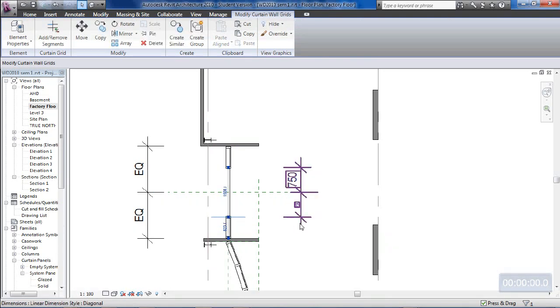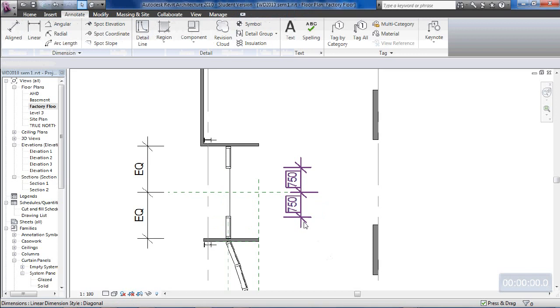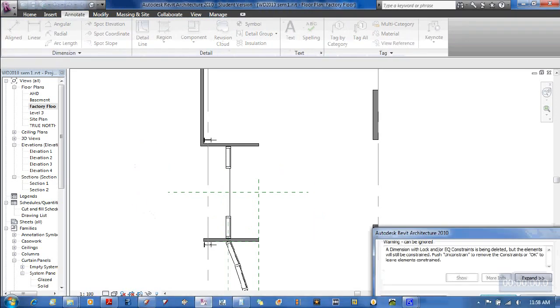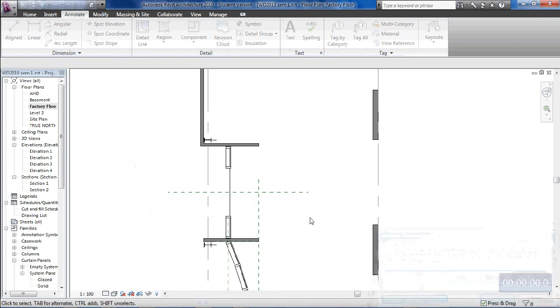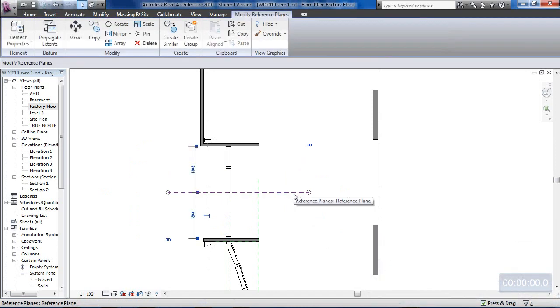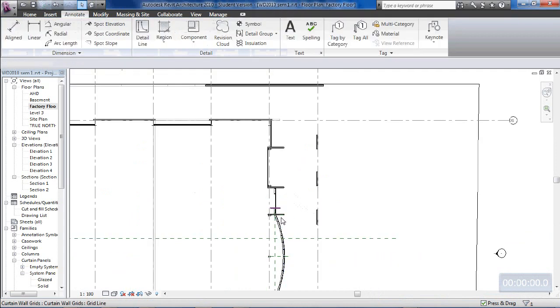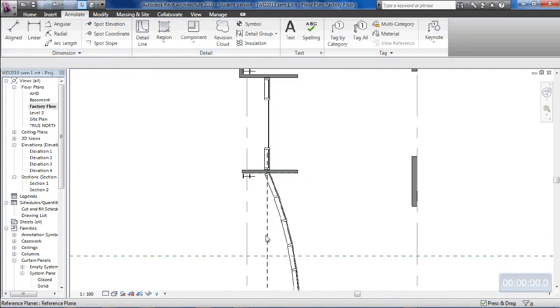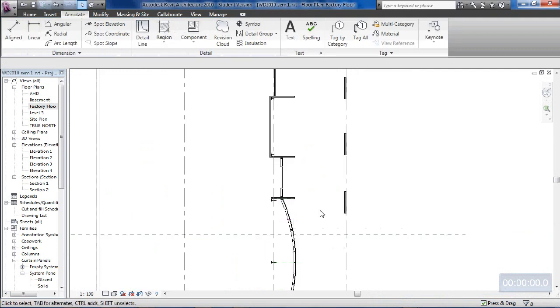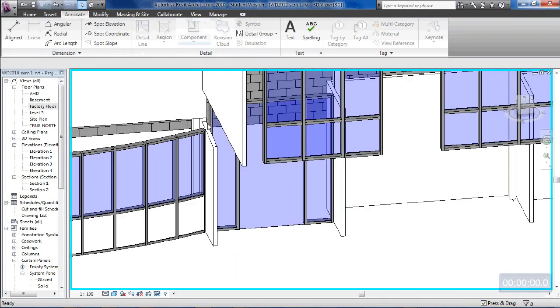Okay, so I can get rid of all the dimensions then, get rid of that. I've probably unconstrained that, there's no reason for that, and I can probably even delete that reference plane, and while I'm there I'll clean up these other reference planes. I always like to keep my drawing fairly tidy and clean up reference planes whenever I possibly can. Okay, so back on our 3D view then, you can see that we've left this centre panel open a little